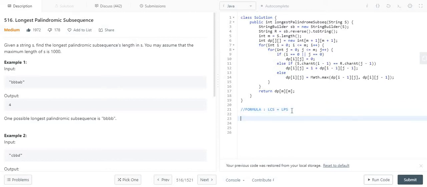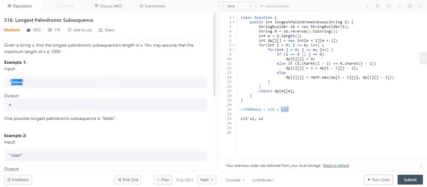In the LCS, if you see the input, you are given S1 and S2. There are two strings given as input, S1 and S2, and you have to find the common elements from both strings. It gives you the length of the common characters as the LCS. Similarly, in the case of the LPS, we are given only one string as input.